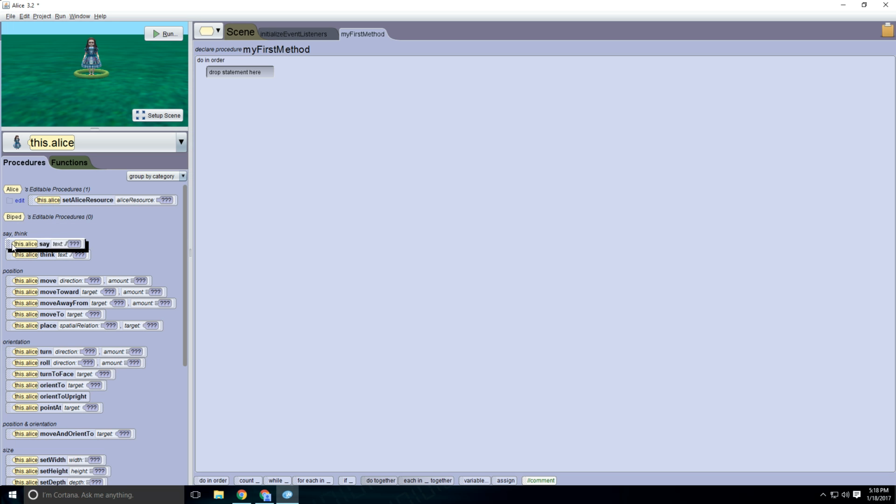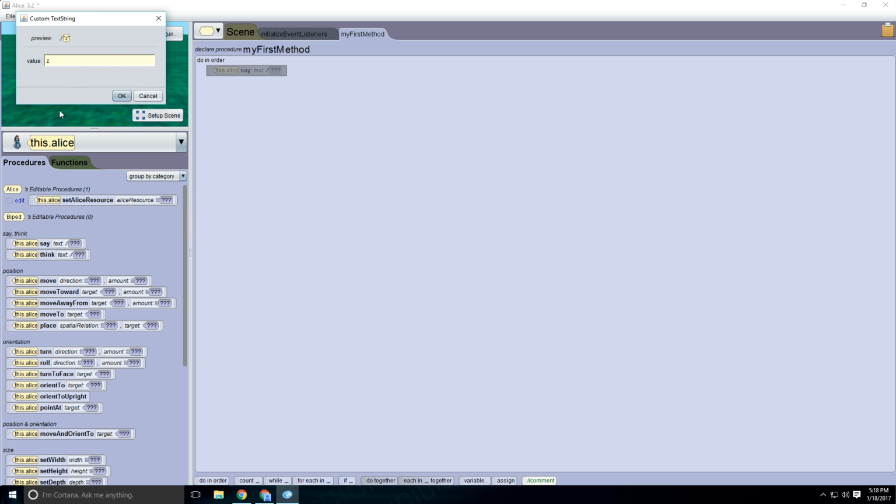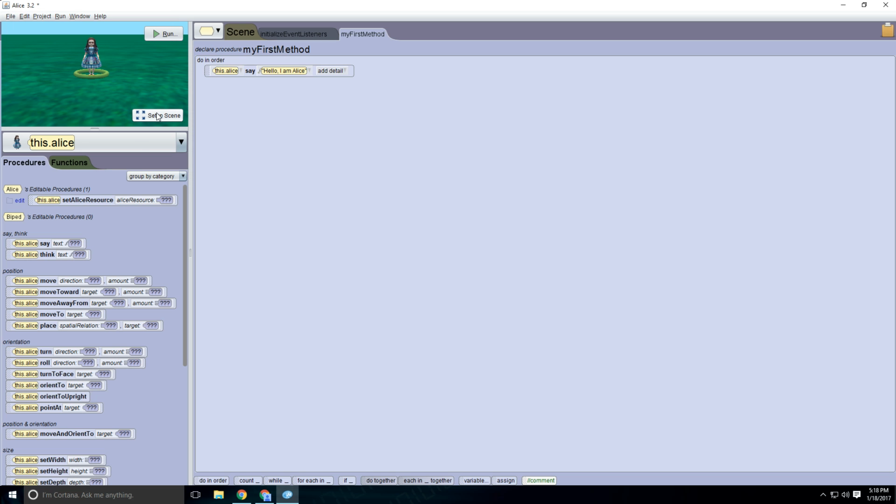Somebody already programmed her to do it, and just drag it into this pane over here. And right now you can see it's my first method, and we'll talk about what that means in a moment. So I'm going to bring it in here, and I'm going to have a custom string of "hello, I am Alice." Right. So right now, my first method, or the first thing I want this computer program to do, is have Alice say, "hello, I'm Alice." Now, if I hit the run button,